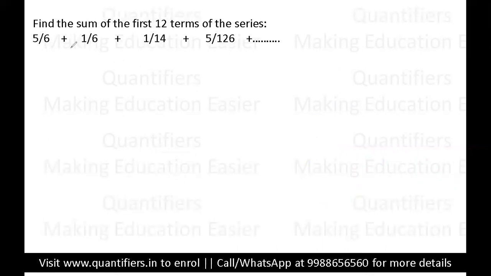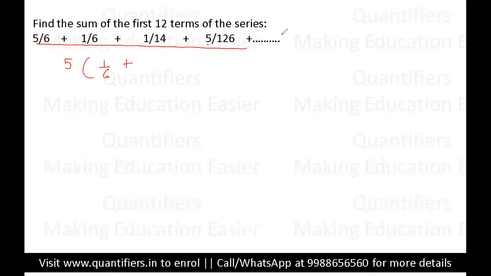So students, now what I did was, here you can see a 5. Here also you can see a 5. So what I did was I took a 5 common, right? So after taking 5 common, the first term will be 1 by 6. Okay. And now the next term, students, because I've taken 5 common, basically I'm multiplying and dividing by 5. You can understand it in this way. हम multiply कर रहे हैं इस पूरी term को.